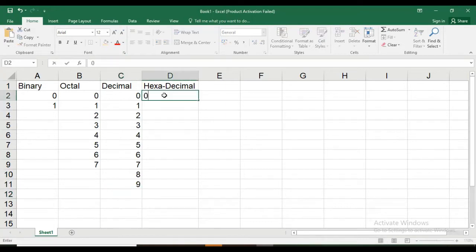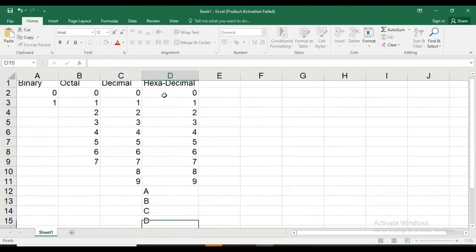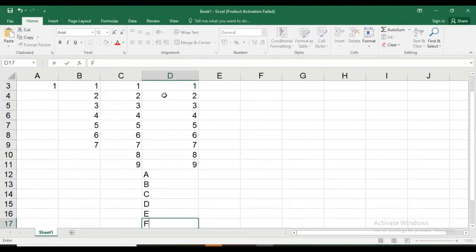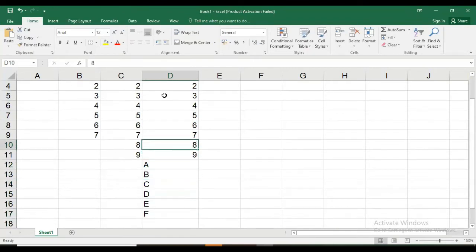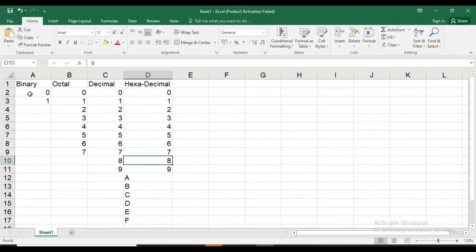In hexadecimal, we have all 10 symbols of the decimal number system, and then next, A capital, B, C, D, E, F. In octal, you can see here the count: when I selected the range, it is 8.